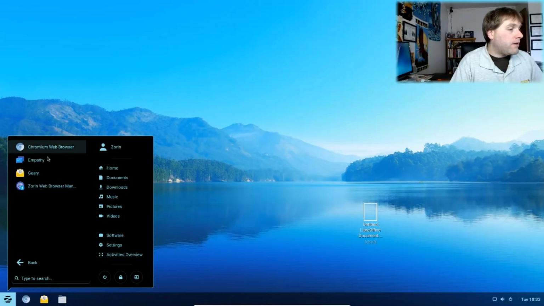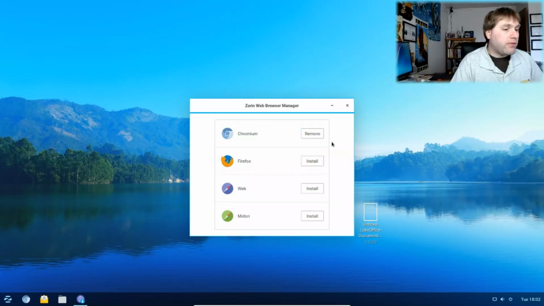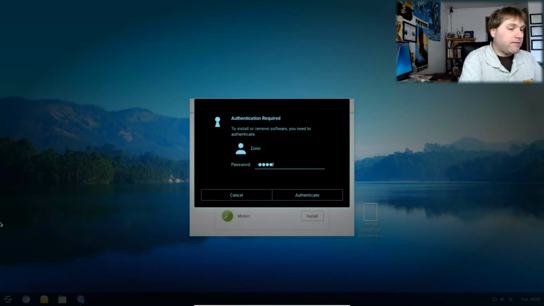Internet, we have Chromium, Empathy, and there's a Zorin web browser manager. I think this is really cool, because suppose Chromium is not your favorite browser, you want to use Firefox, or Web, which is just a GNOME browser, you can very quickly install any of these that you want. You do need to enter your password. I just love the